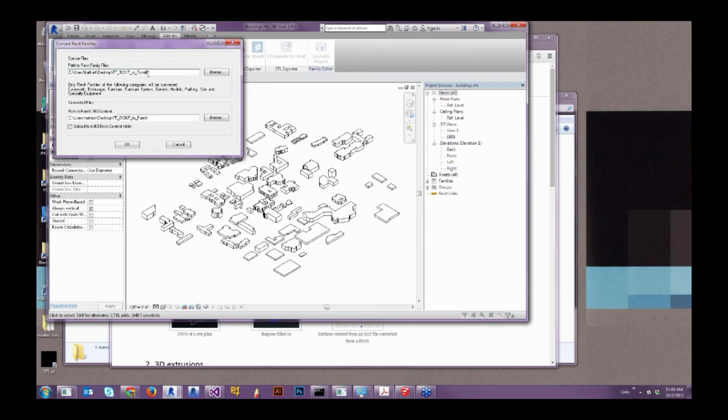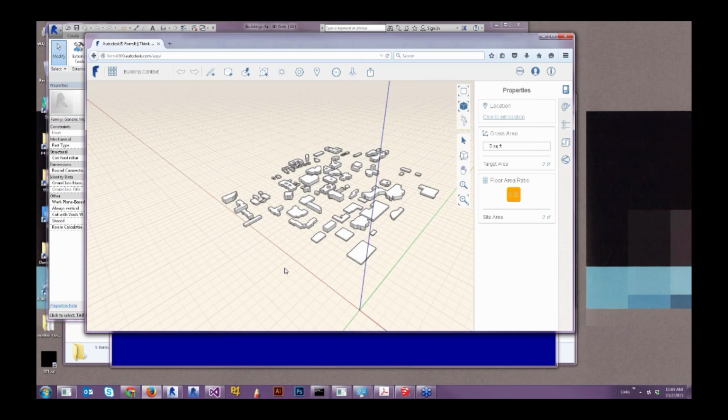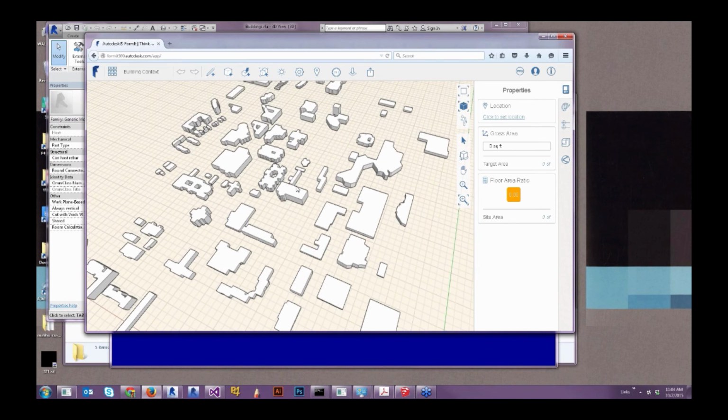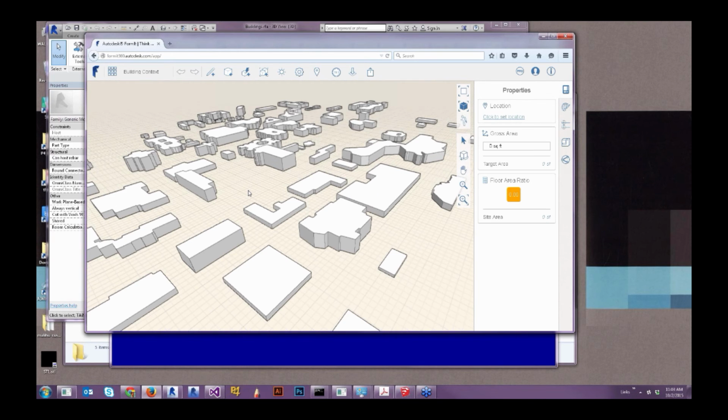So when I click this, all I need to do is specify where I have this generic family saved. And that's sort of the trick. That's why I say generic is good, because there's only some family categories that we convert: casework, entourage, furniture, furniture system, generic, pretty powerful. And you could do this as site also, if that's a little more specific. So you specify where that file is and then where you want it to land, and then you're off and running.